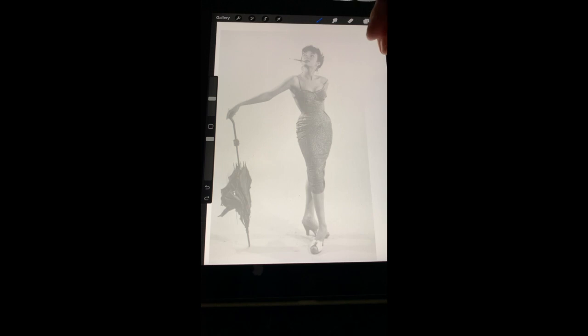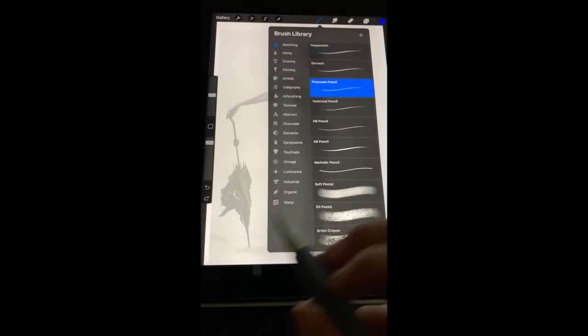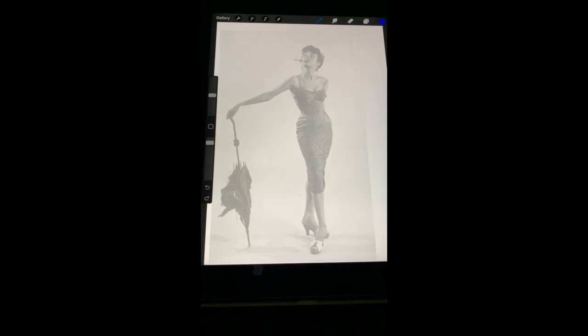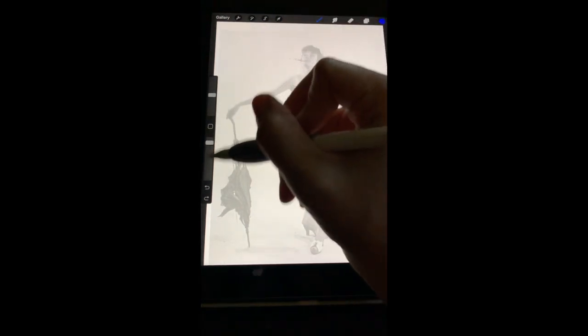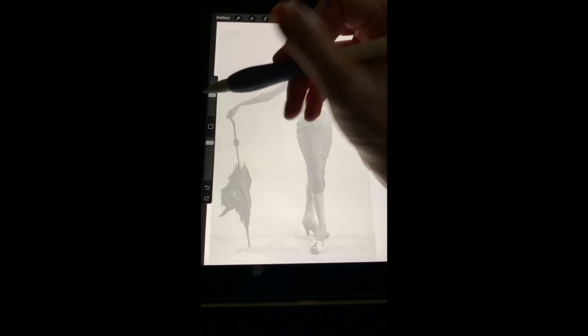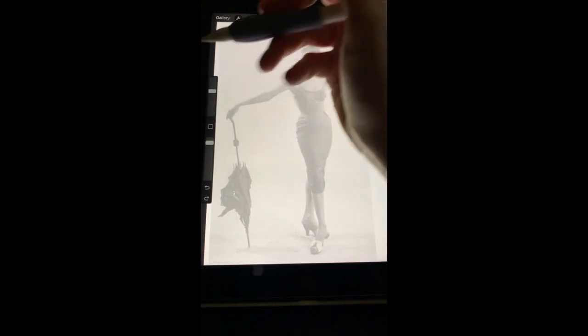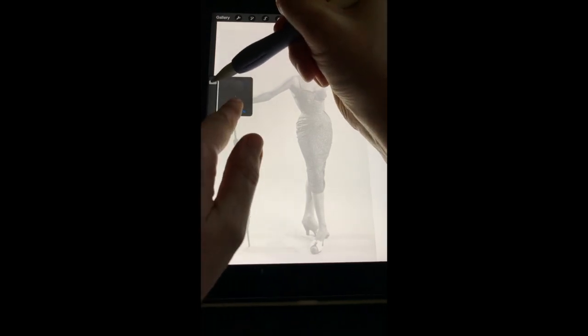Okay. Actually, I am going to change this pencil. I want it to be the Procreate pencil to start with. Let me see how that works. So I showed you the undo button, but now I need to adjust maybe the size of the pencil. So this top